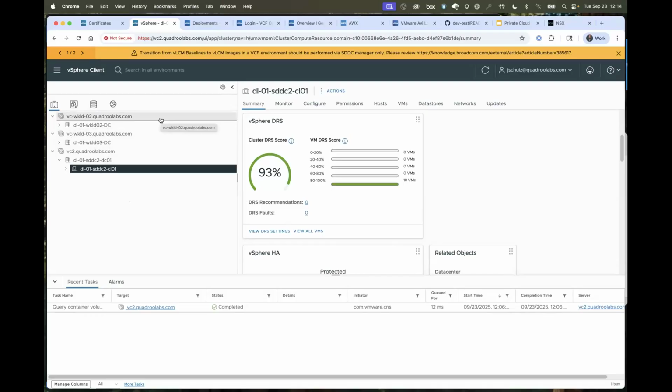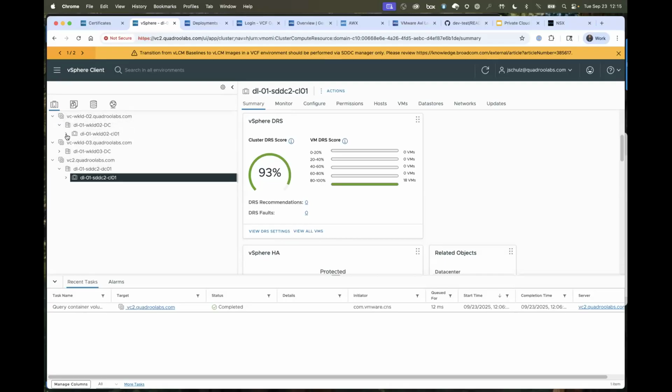And then when the environment is brought into VCF 9, the vCenter linking capability is leveraged to bring that all back together and to create the single view that we're looking at. There's some flexibility in the new vCenter linking that's offered, so it's definitely an enhancement over the previous versions. And as you can see, I can see my different management environments here. I do have 2 workload domains and then a management domain that I'm working with in this live environment.